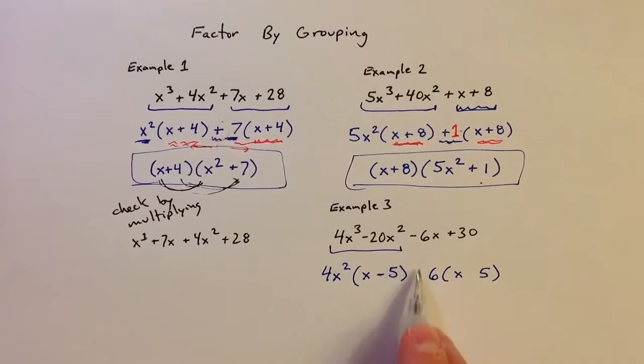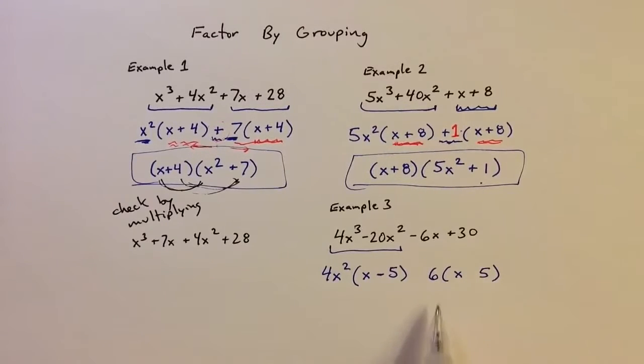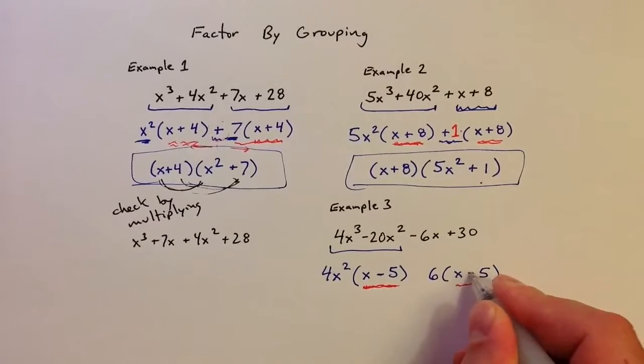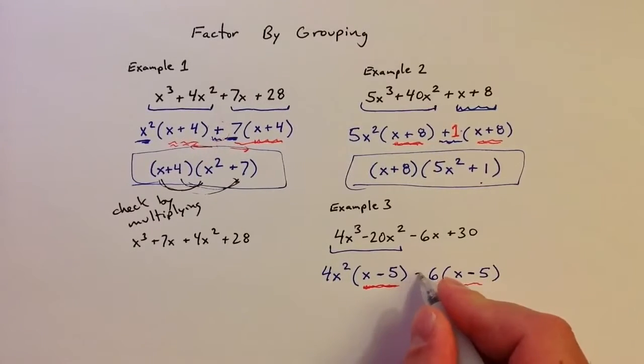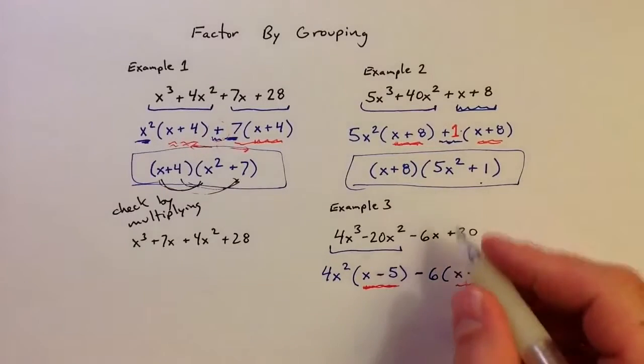Well, I kind of need to put a minus sign there, or else put a minus sign in front of the x, but that would be kind of awkward. What kind of guides our ultimate situation is that I'd really like this to be x minus 5. So I kind of need this to be x minus 5. Well, it works out that if I put a minus sign inside, I can also put a minus sign outside. Because this is a plus sign,